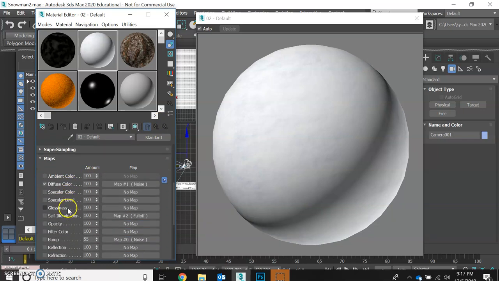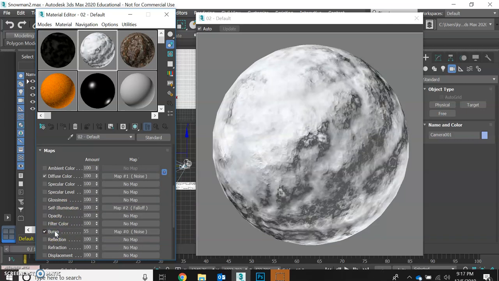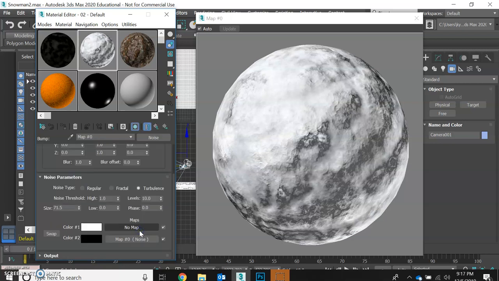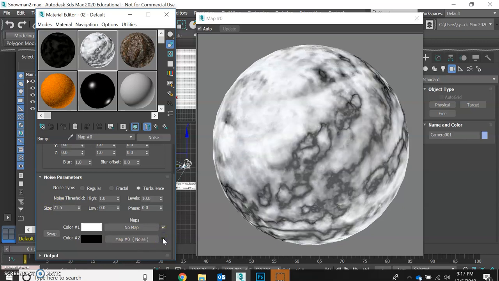So I'm backing out, going up to the top, and going back to our map list, and let's go down and take a look at the bump map. I'm going to turn this map on, and go into the noise map that I used for our bump mapping. I did a very similar thing in the bump mapping that I did in the diffuse mapping. If you look, we have some very big noise to start, a value of around 70 for my scene, and I'm going to shut that map off so you can see